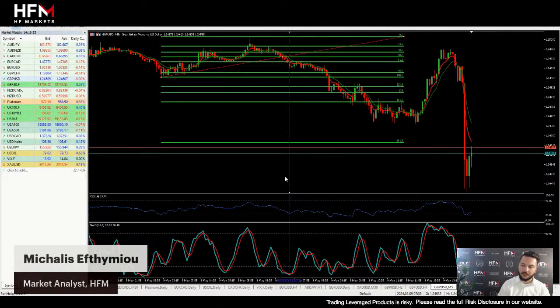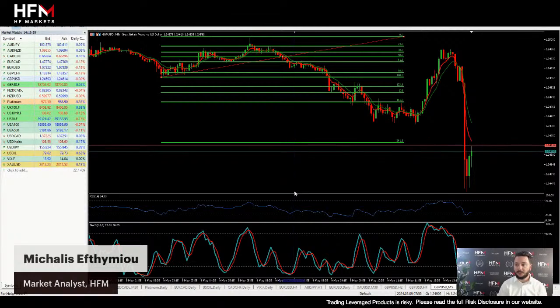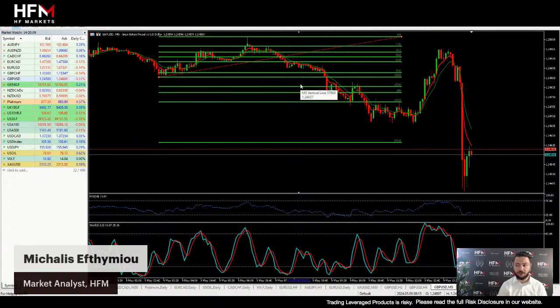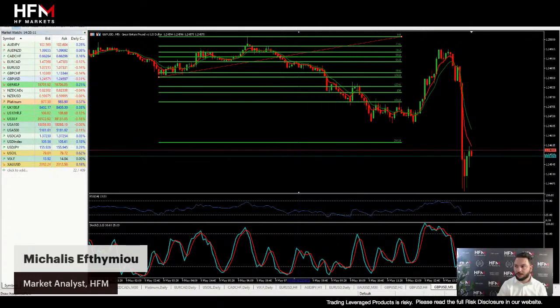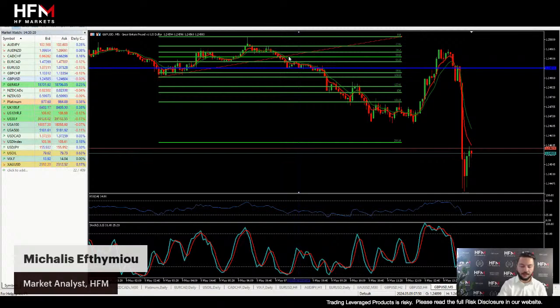And in addition to this, if you're slightly cautious about the fact that the stochastic oscillator is crossing upwards, it's not an issue. You can wait until it crosses downwards here. Okay, so that's not an issue, if you want to also wait for the stochastic oscillator to point downwards and have a bearish crossover. So, ladies and gentlemen, this here is the price where we got a signal to speculate a decline.